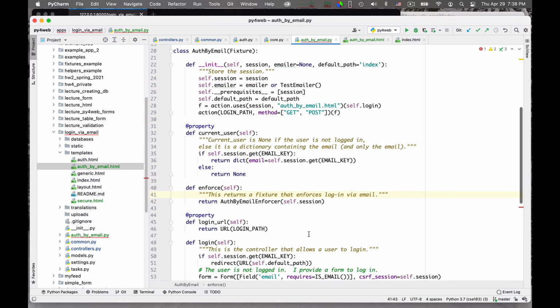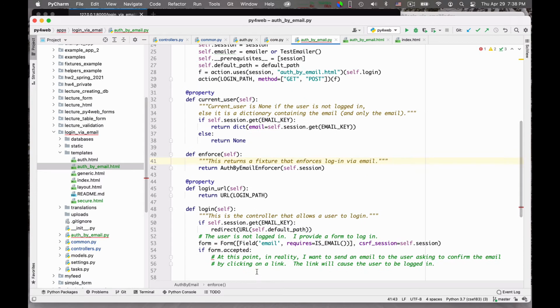Great. At this point, I have a better idea of what to do, and I have to send the link. So first I have to produce the link, obviously. What do I want to send in the link? I want to send in the link a signed URL that contains the email.